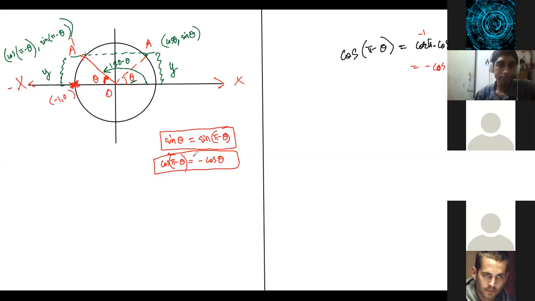Is that okay? Can you explain it again? Cos(pi minus theta). You don't know the formula. What is cos(A minus B)? No, sir, not that formula. Diagram. Yes, sir. See, if the distance from here to here is cos theta, and you're going in the opposite direction, what will the distance be? Same magnitude, but opposite sign. If you're going 5 units here, you'll get 5 comma 0.